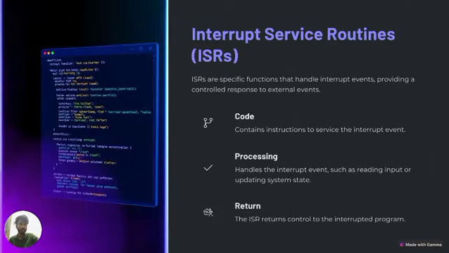So now, the interrupt service routine. Interrupt service routines are specific functions that handle interrupt events, providing a controlled response to external events. First of all, code contains instructions to service the interrupt event, then processing handles the interrupt event, such as reading input or updating the system's state, then return. The interrupt handling system returns control to the interrupted program,